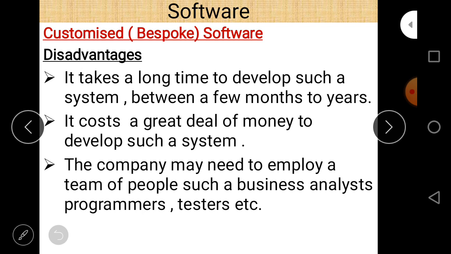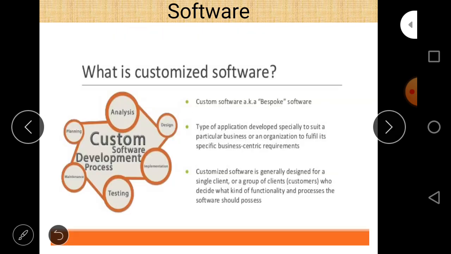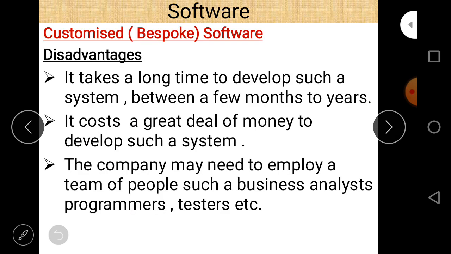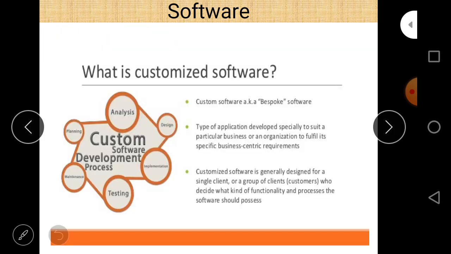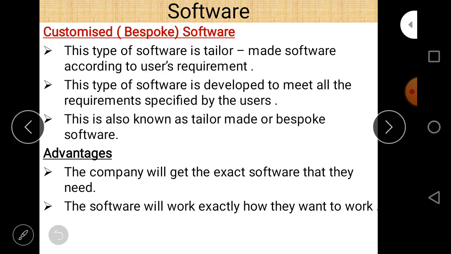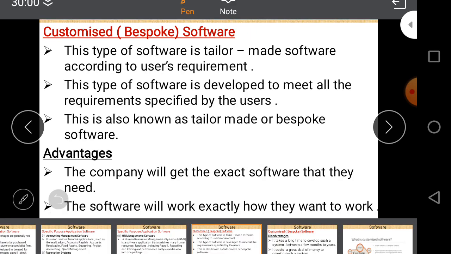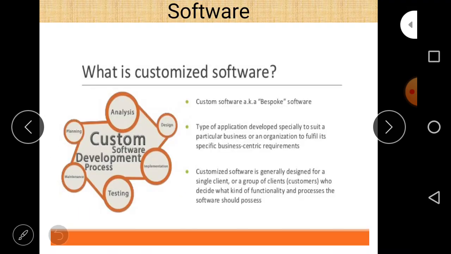And of course it takes a long time. To design this type of software, the company wants a business analyst. A business analyst works on the analysis phase, programmers work on the implementation phase, and testers work on the testing phase. So this is called a customized software.